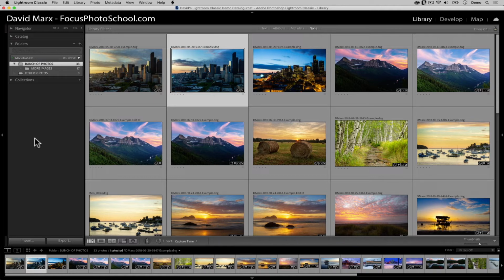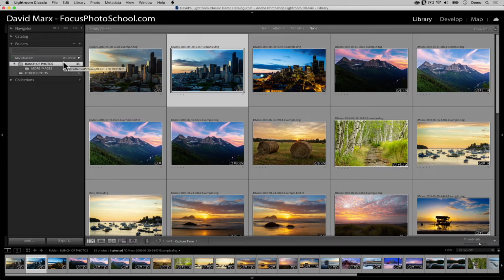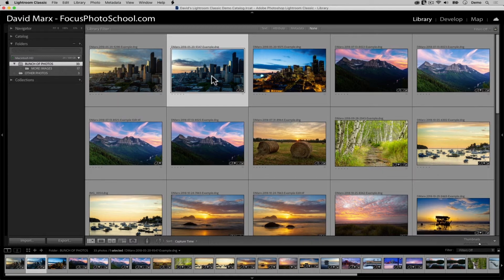But when it comes to moving photos around, there's an additional complexity. What really gets folks frustrated is when they try to move an image from one folder to another, but they accidentally drag from the wrong place. To move this image, you must drag from the picture in the middle of the thumbnail and not from the gray area that surrounds it. Let me show you what I mean. If I click and drag from the gray space, from the frame here that surrounds this image, then nothing happens. I can try to drag again and again, but if I start the process by clicking on the thumbnail's frame, then Lightroom refuses to cooperate.